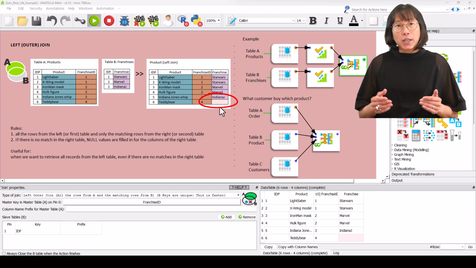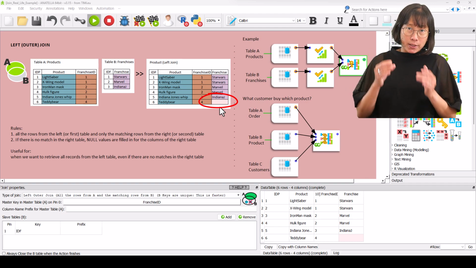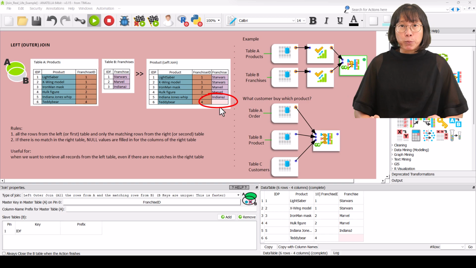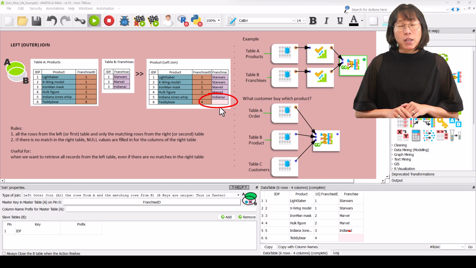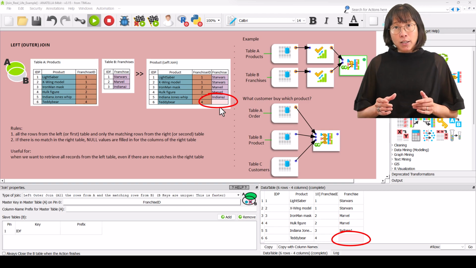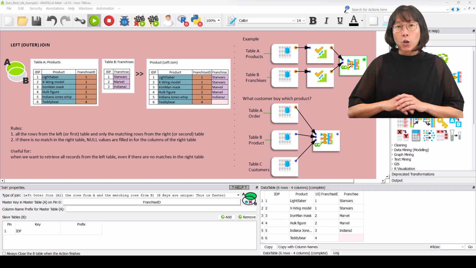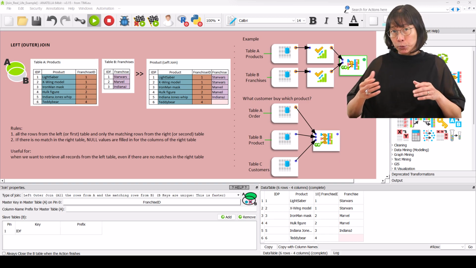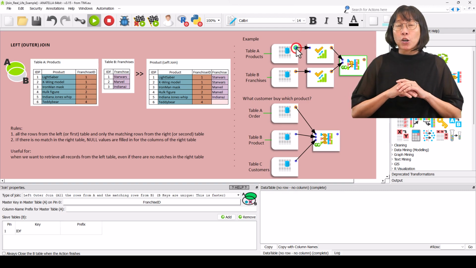The null value is a very important notion inside any data management tool. It represents the total absence of information. Here, it means that we basically know nothing about the franchise from the teddy bear product. Inside Anatella, the null value is represented by a cell with a pink background. The left join always makes sure that we get as output all the records from the master table, even if there are no matches in the slave table.